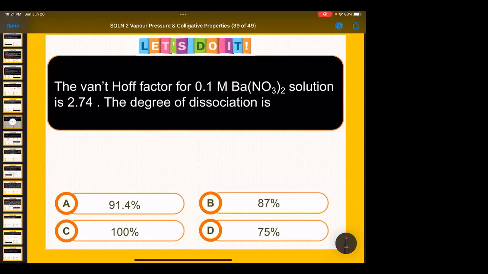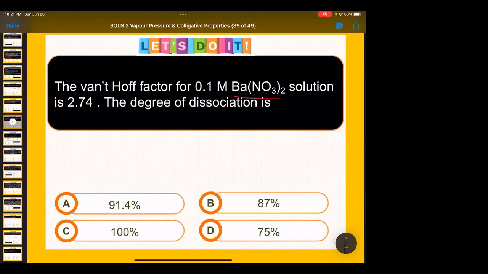For barium nitrate. Yes, Amira, tell me. What is the value of i which you can take for barium nitrate? It is going to be, is it 2 or 3? Hanifa and Miraj, the value of i for barium nitrate, it is going to be